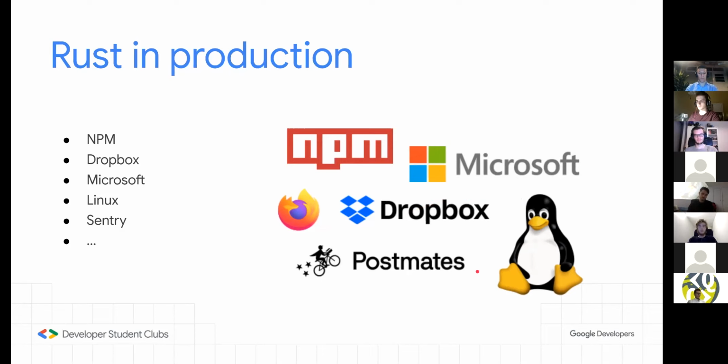I don't think they've been merged right now, but I don't think it will take that long, since Rust is perfect for, for example, operating systems, since it guarantees memory safety, and most bugs in operating systems are related to memory overflows or memory exploits. So that's a perfect usage of Rust. And also other big companies like Dropbox, Postmates, and Sentry, the logging platform, all started using Rust.